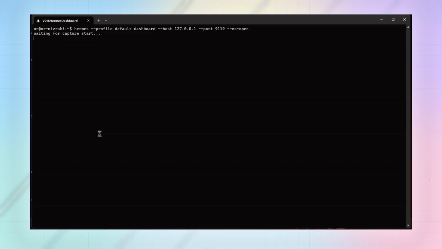I'll start the same way I would if I were setting this up for myself. Open a terminal and run the dashboard command. The short version is Hermes Dashboard. For this recording, I'm pinning it to my normal default Hermes profile and keeping the browser launch under my control,